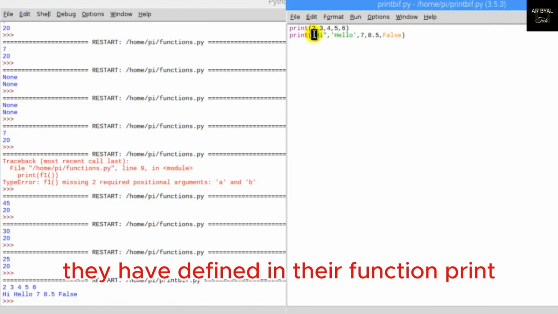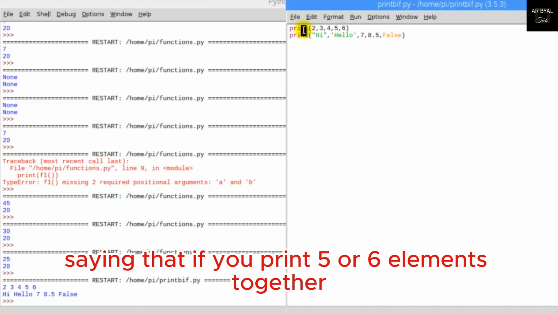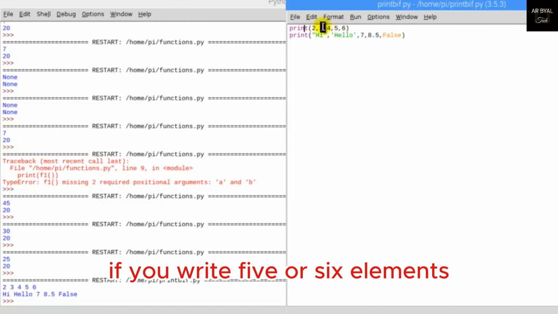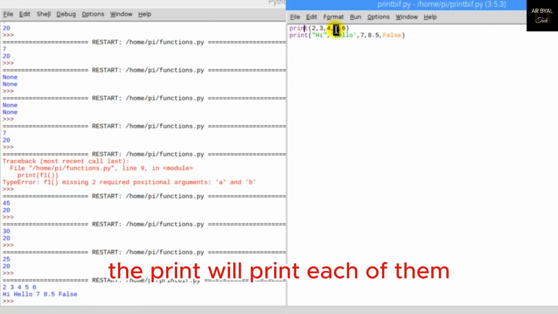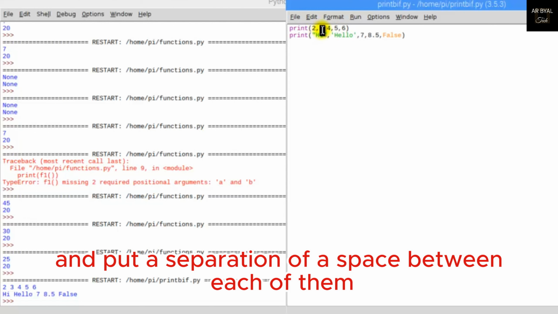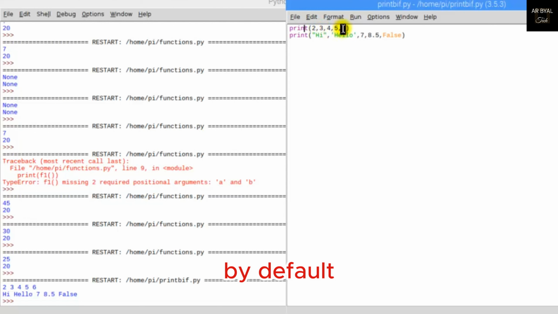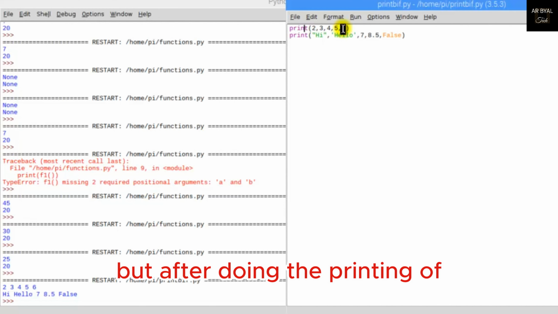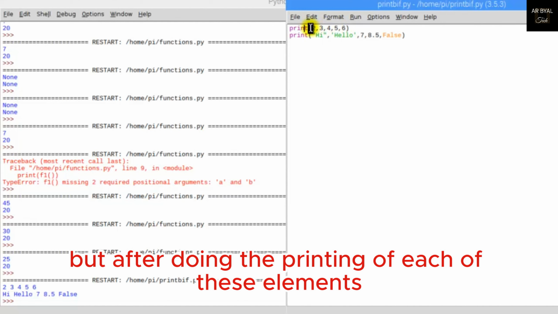They have defined in their print function that if you write 5 or 6 elements together in print, the print will print each of them and put a separation of a space between each of them by default. Okay, by default, it will put a separation of space between each of them. But after doing the printing of each of these elements,